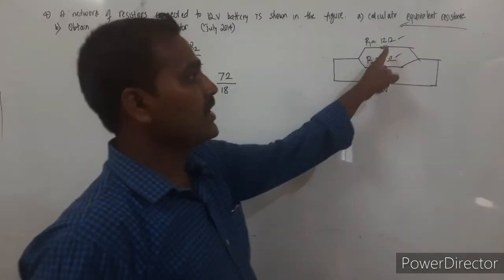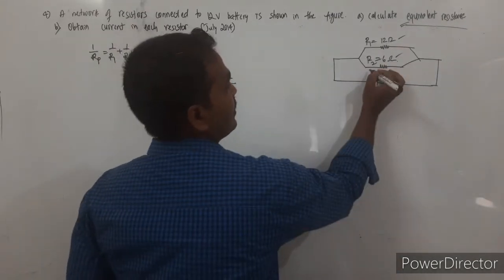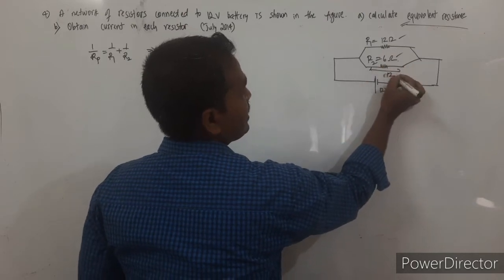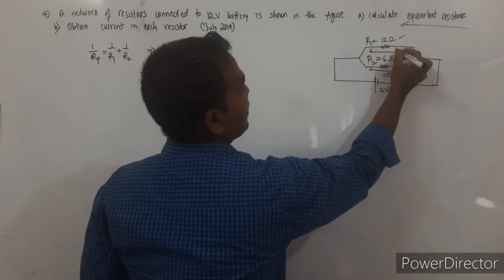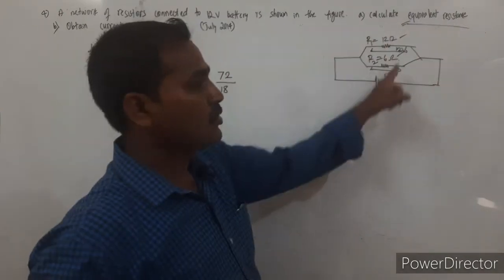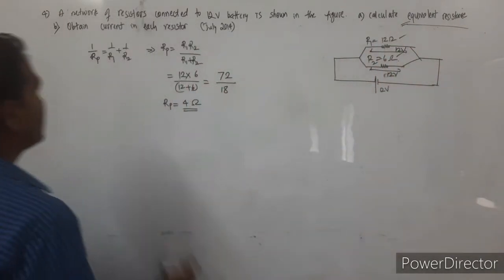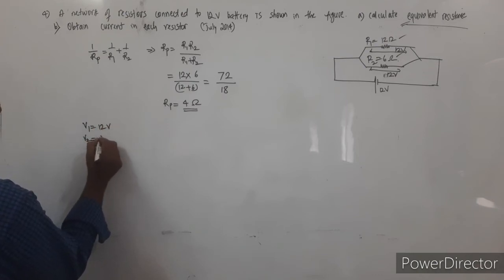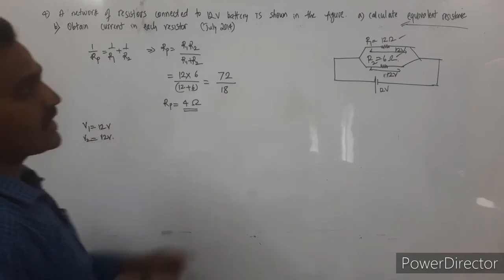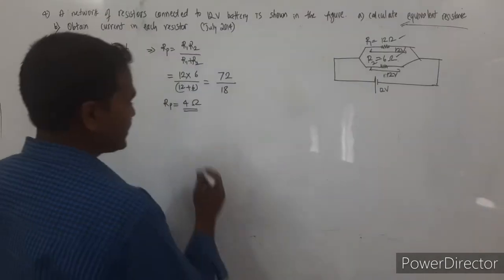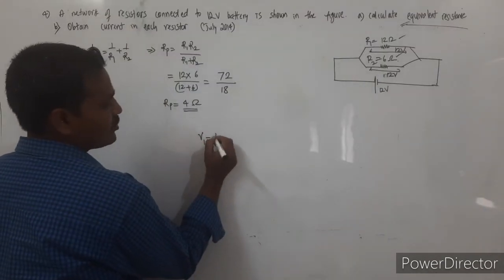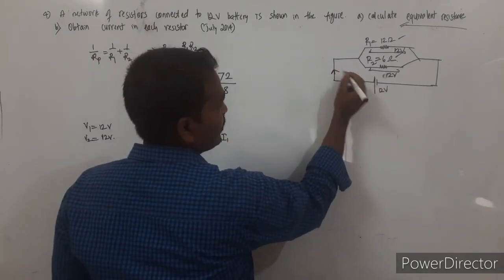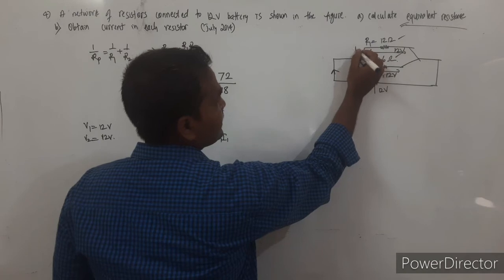Then as we know, when the resistors are connected in parallel, the potential drop will be the same as the supply voltage. So here also this will be 12 volt. The potential drop across the first resistor is also 12 volt here. So V1 is also equal to 12 volt, V2 is also equal to 12 volt. So when I consider resistor R1, I can write V1 is equal to R1 into I1.